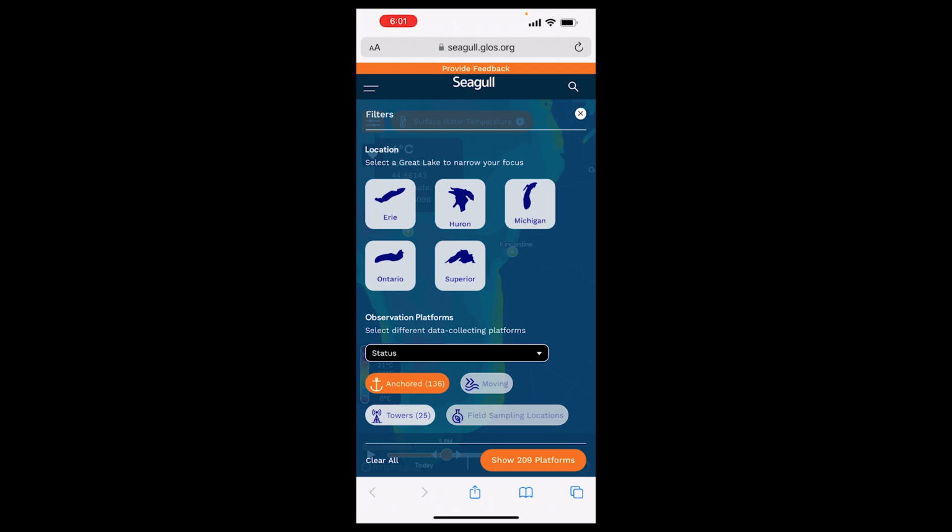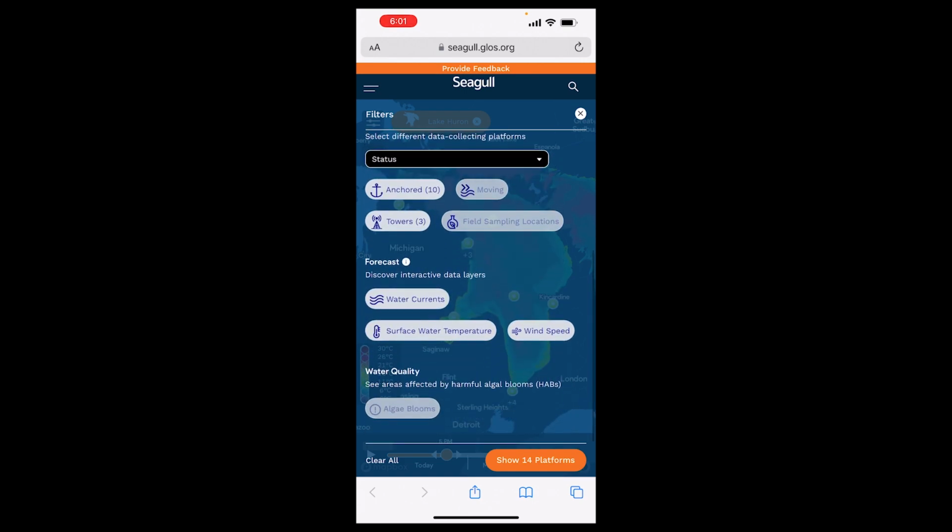I've just clicked another little icon here, and it brings me to Lake Erie, Lake Huron, Lake Michigan, Lake Ontario, and Lake Superior. So we want Lake Huron. And if I click on that and scroll along, I get water current, surface temperature, wind speed, all of those things that I wanted, which is absolutely perfect.